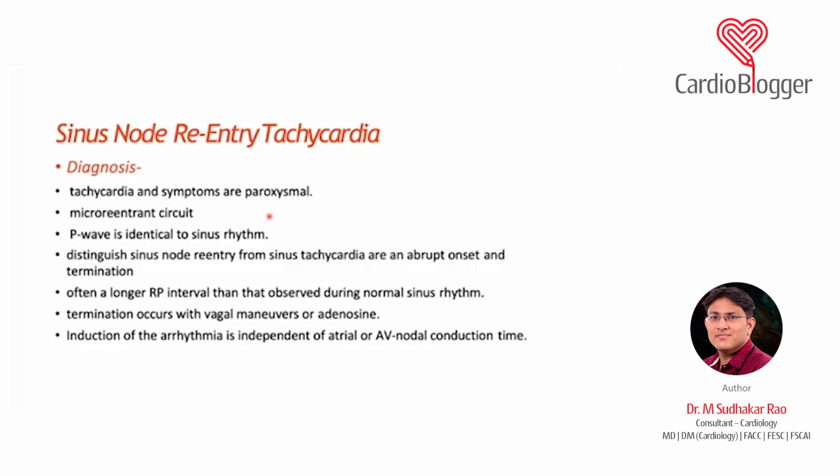sinus tachycardia, because sinus tachycardia is because of automaticity, and I always discuss that automaticity has warming up and cooling down. So slow onset and slow offset is there, whereas the sinus node re-entry tachycardia has abrupt onset and abrupt offset because it is due to re-entry, and they have a longer RP interval than during the sinus interval. So if you have a sinus rhythm PR and you have a tachycardia ECG, the RP is usually longer than the